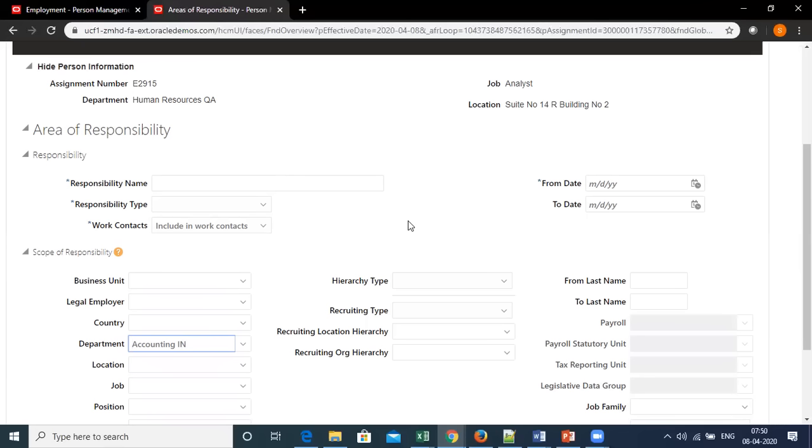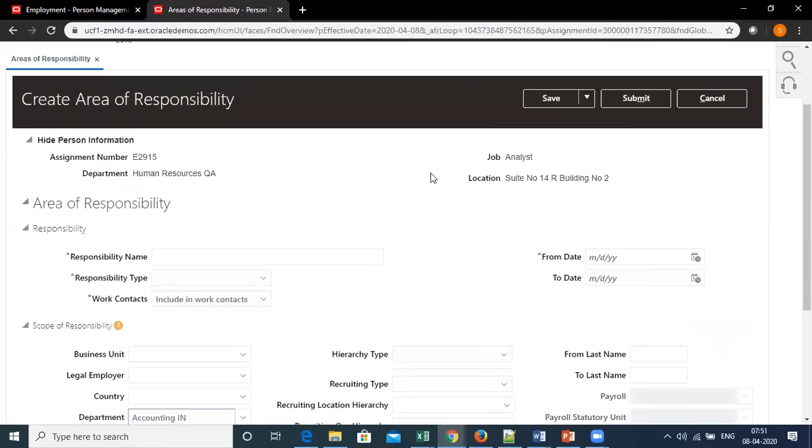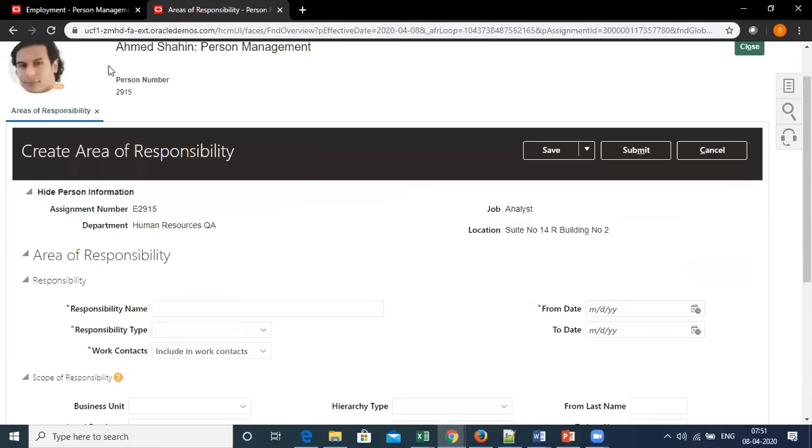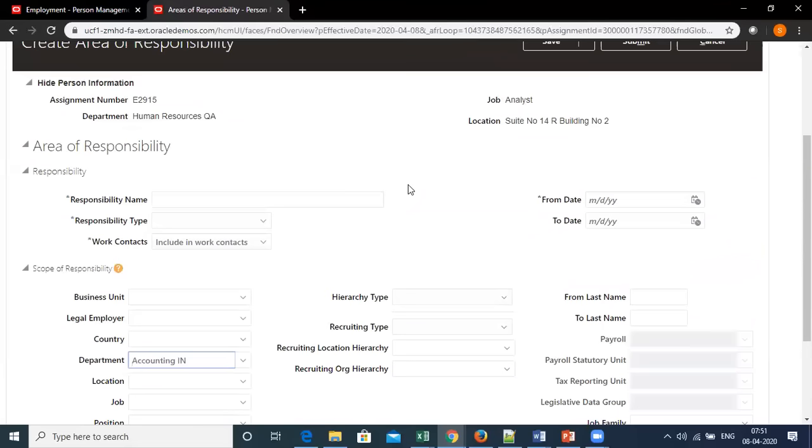Giving a basic example, when I change my name, I want it to go to my HR specialist for approval. So let's say I work in the accounting IN department. When I change my name, my approval will go to this Ahmed Shahin person. Why? Because he is the person who is responsible for managing this department.